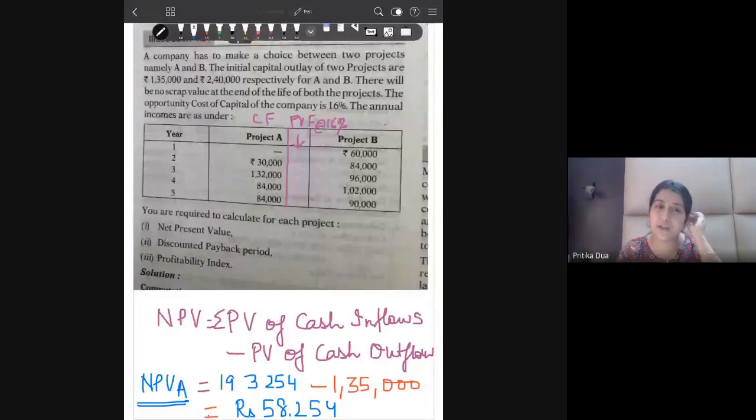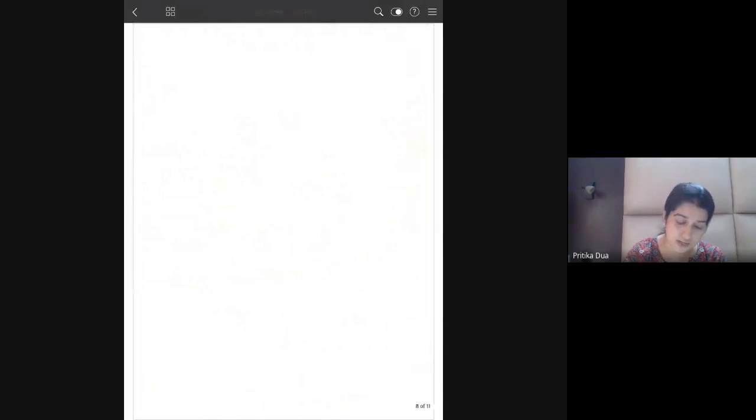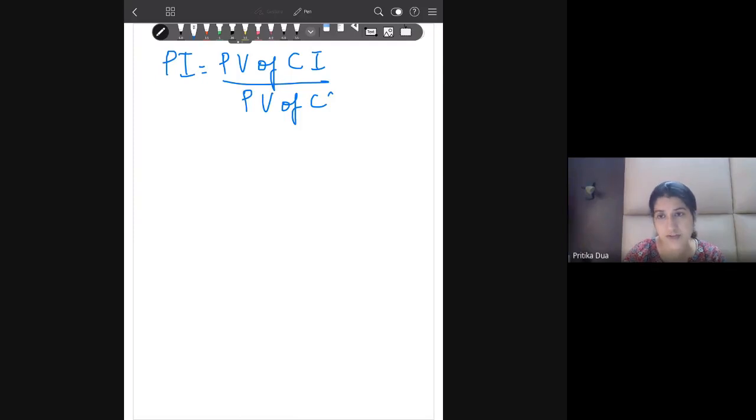If you want, you can first calculate the profitability index. That would be more convenient. Yes, okay, Nipun. So PI also for A it is coming high. Profitability index, just to recap, it is the present value of cash inflows upon present value of cash outflows. So you can calculate it for machine A and B. Since you have solved for NPV, you have to just pick up the values from there.